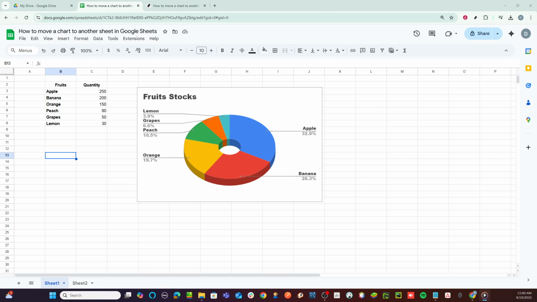Once you have your sheet open, your next step is to click on the chart you want to move. Clicking on it will make the chart's options accessible, and you'll notice a border appearing around it. If you find that your chart is part of a larger data set that you don't want to move, just